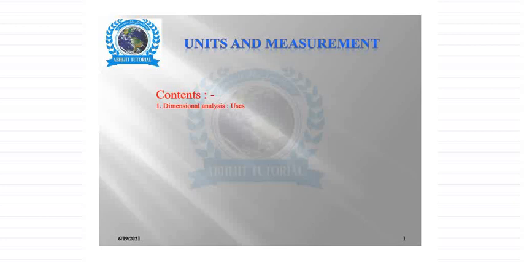Hello students, in this video we are going to discuss a few applications of dimensional analysis. In dimensional analysis, we write a physical quantity in terms of fundamental quantities like L, M, T, where L denotes length, M denotes mass, and T is for time. We may use the remaining fundamental quantities to write any other physical quantity. Now we'll see how dimensional analysis can be useful in our physical equations.